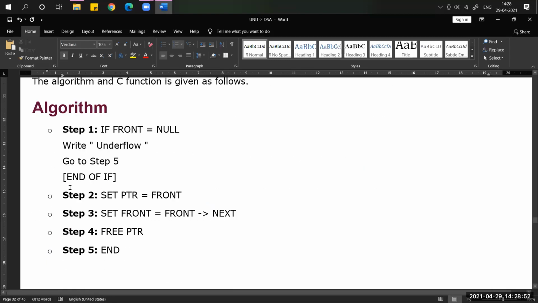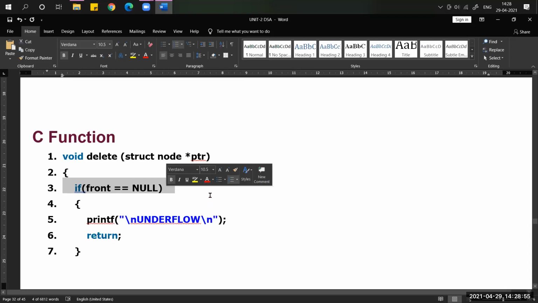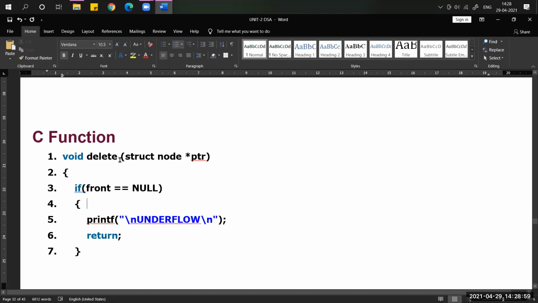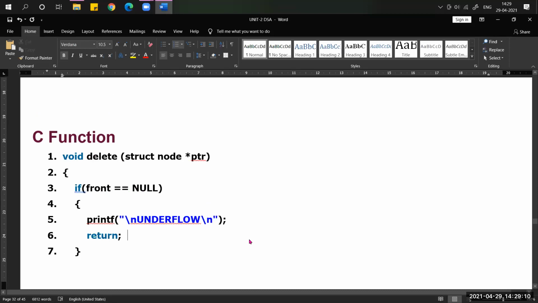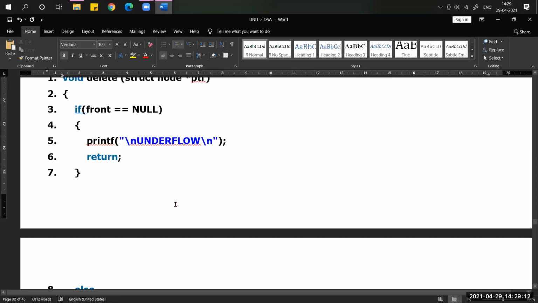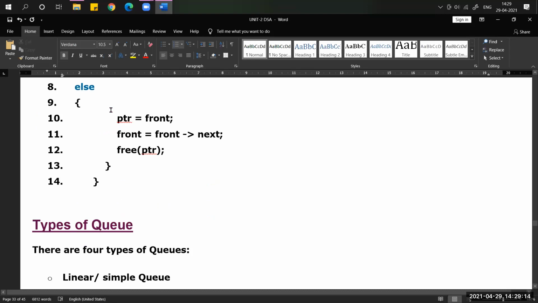If front equal to null, we are checking, before applying the delete operation, whether the queue has elements or not. If it is true, there are no elements. Simply display a message that the queue is underflow. If it is false, the else block has to execute. What is the else block?